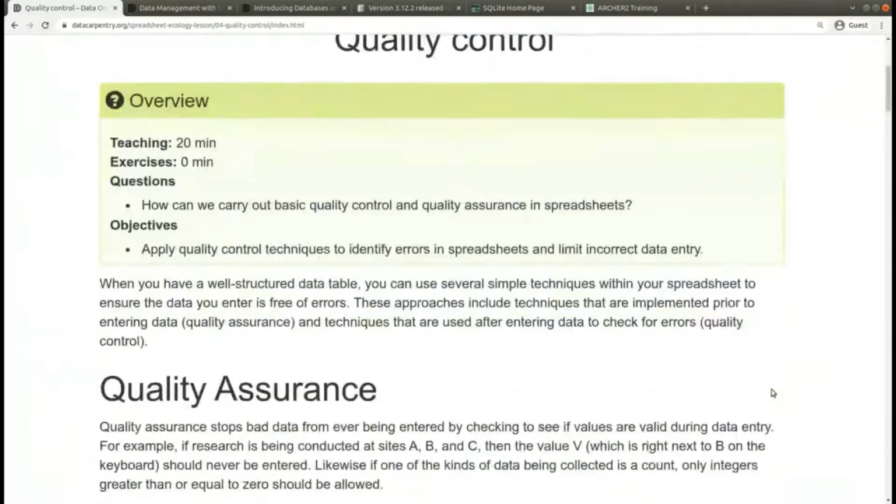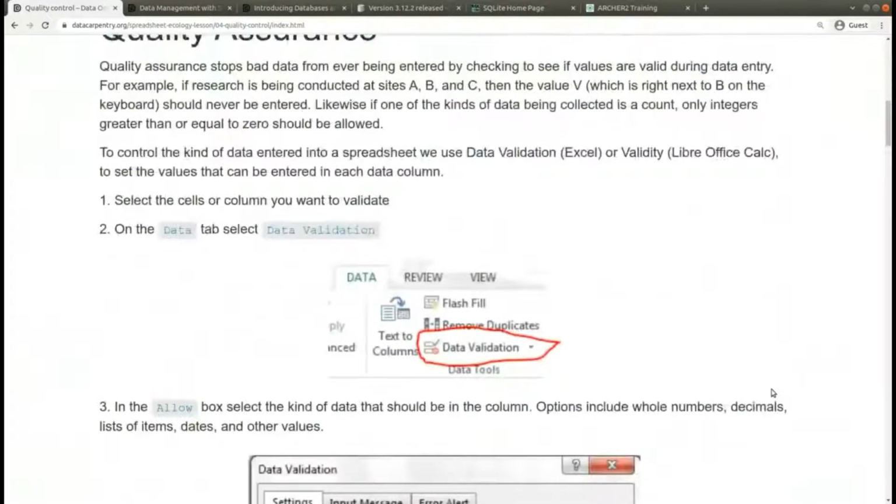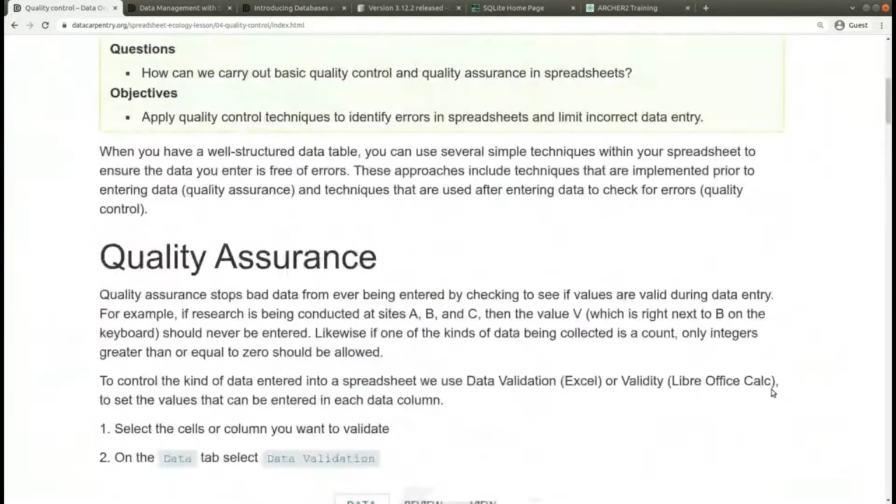There are other things about quality control. Okay, to explain that, I need to open